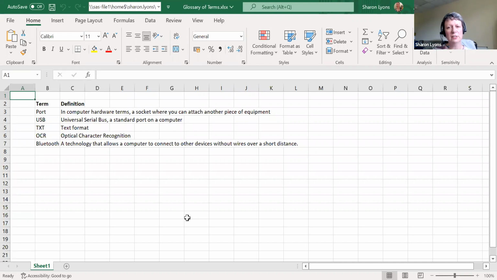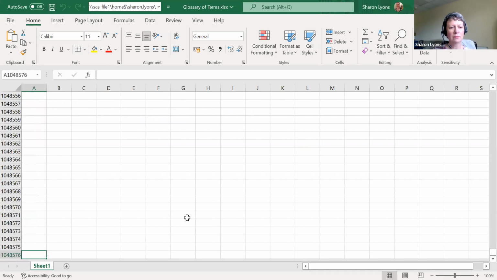So what I would do in this situation, I would start in A1 and I would press Control and down arrow. Rather than down arrow just taking me to A2. Blank A1. Control and down arrow. A10488576. Okay. Start of new data region. That will take me to